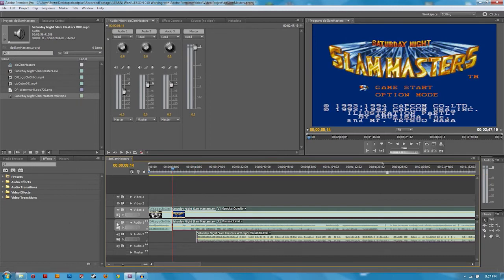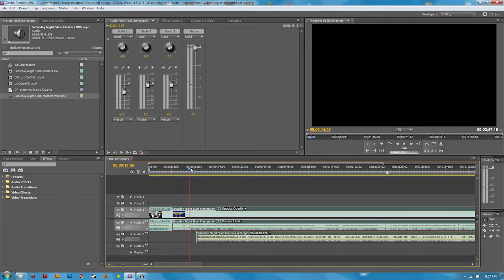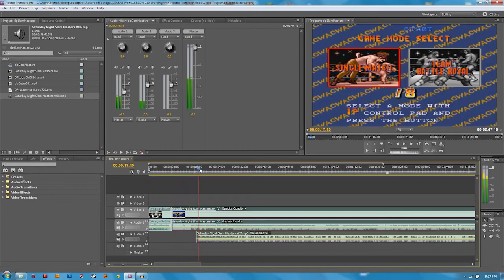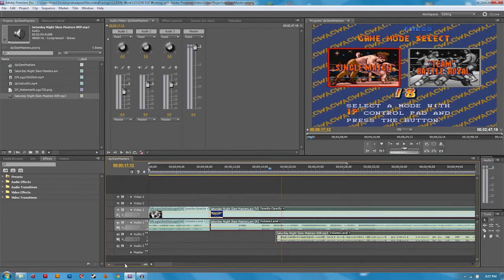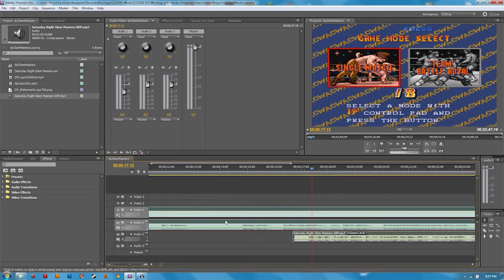So now let's do some editing with this in terms of audio. Let's fix this. We obviously don't want the game audio and my audio fighting each other. We can't have that. We want the game audio to be there, but be in the background. So what am I going to do? Well, I'm first going to zoom in a little closer so I can see exactly where my voice starts coming in. And I'm going to click the game, this audio 1 audio,